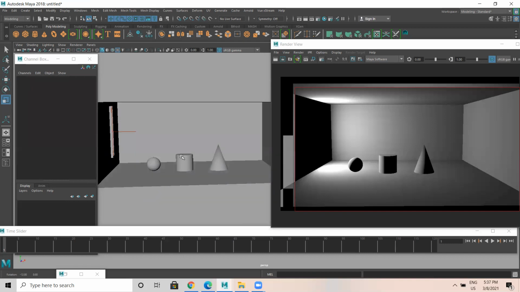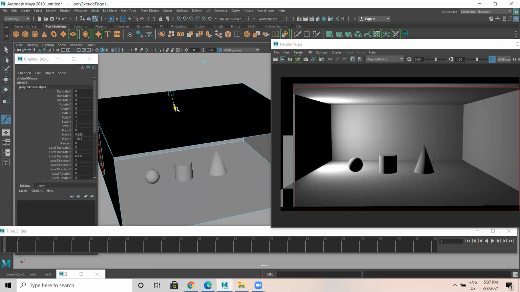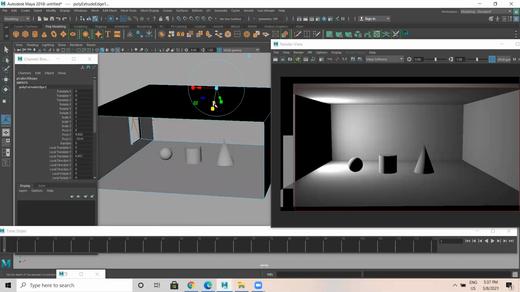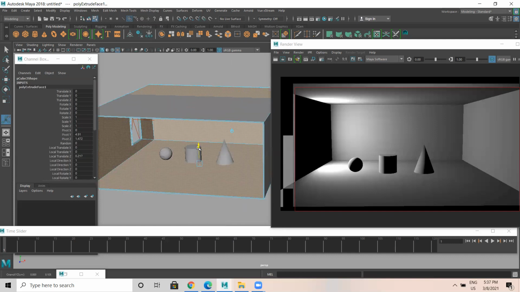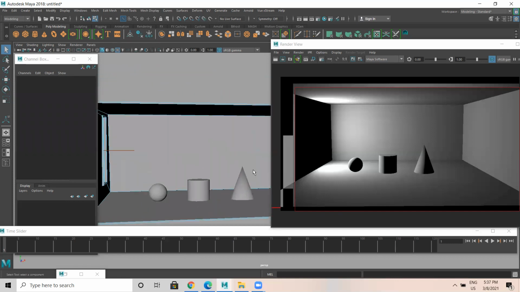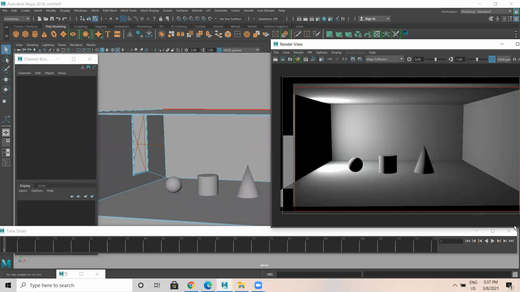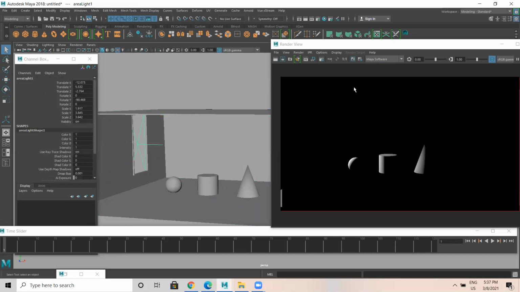It's something like this. Now the light is falling from here, you get an output. Now what I do, I select this light.